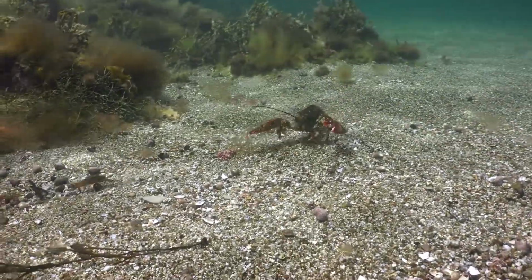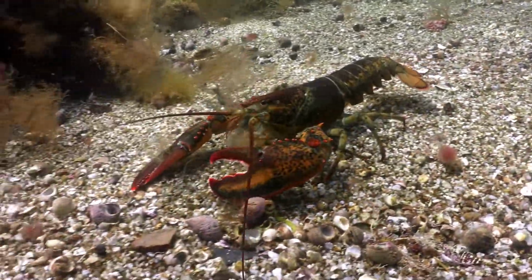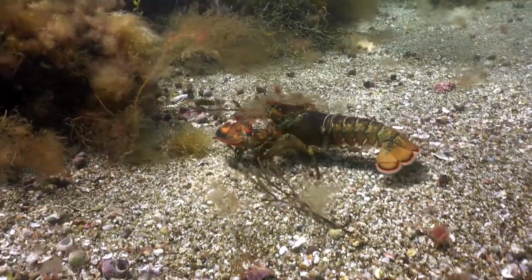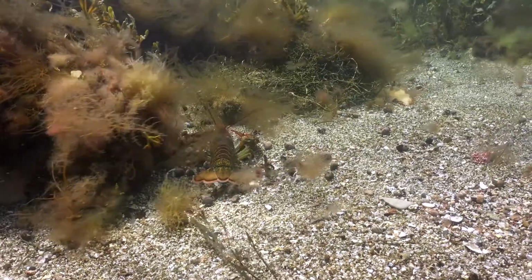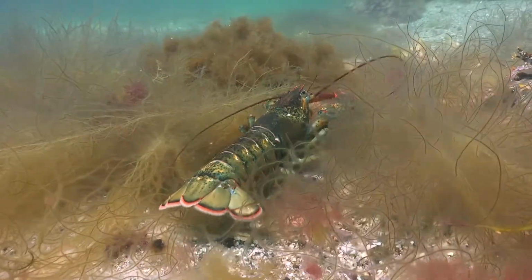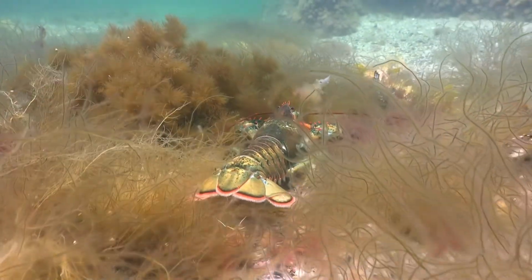Each lobster has 2 different claws, a larger crusher claw and a smaller pincher claw. The crusher claw has a ridged edge that resembles molars and is used to break up hard foods such as clams and crabs. The pincher claw, or ripper claw, is used to tear apart softer prey such as worms or fish. These claws can be on different sides of a lobster's body, as the crusher claw is always on the